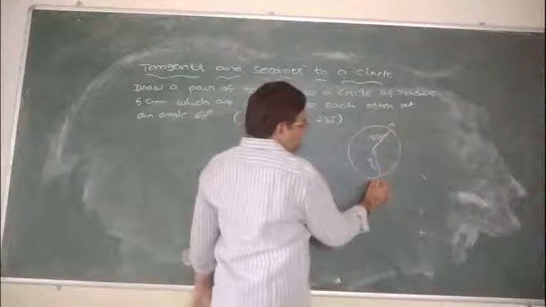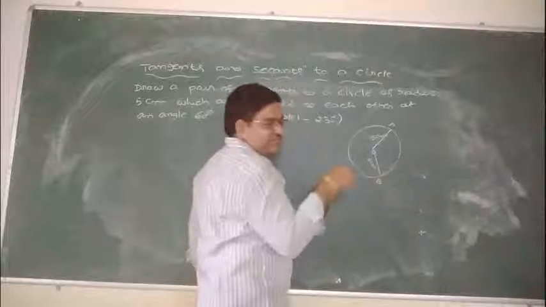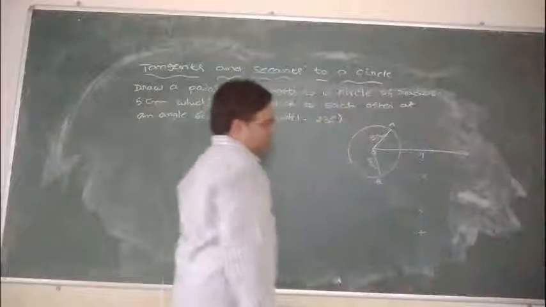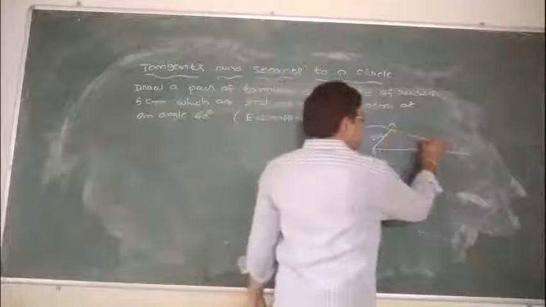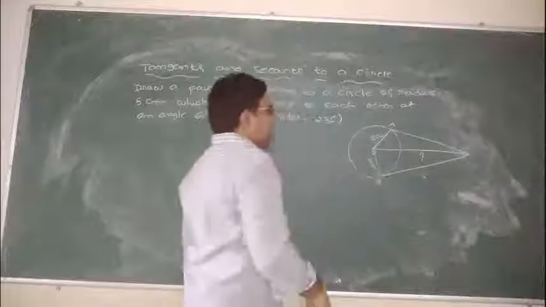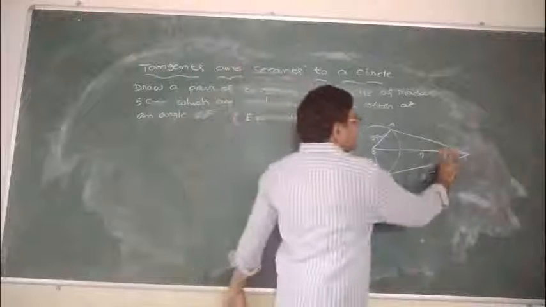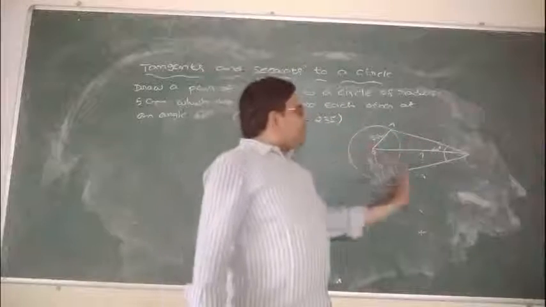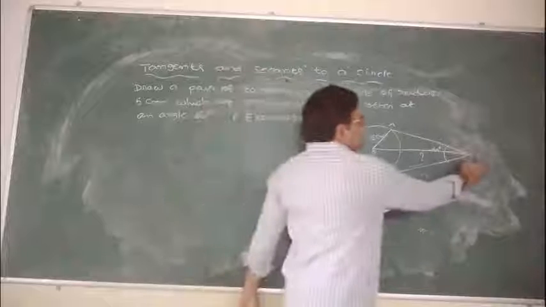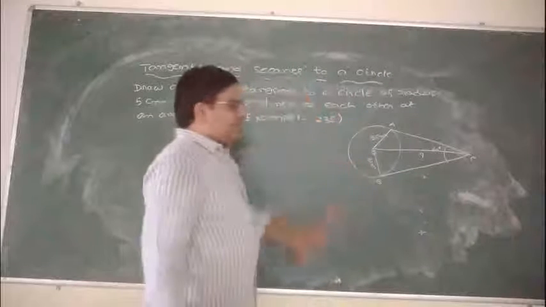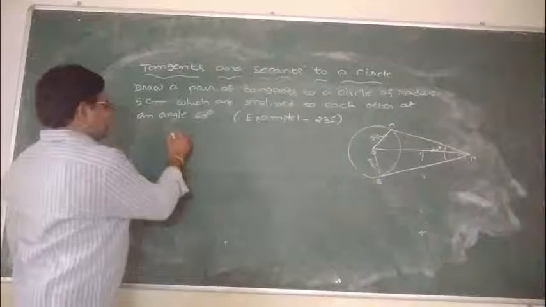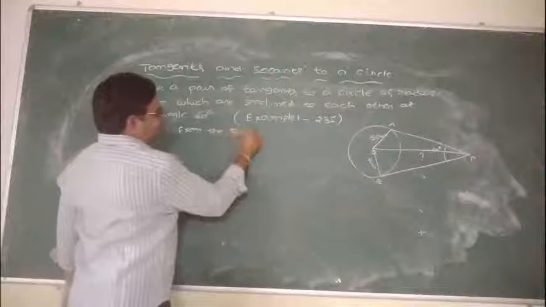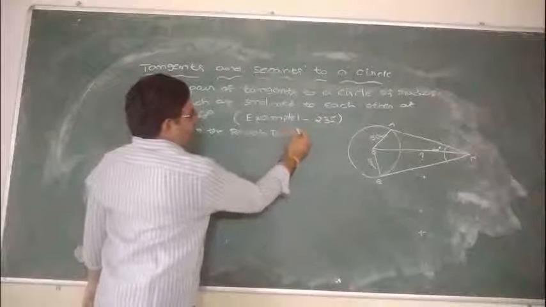We draw a rough diagram. One circle is there, with radius 5 centimeters. A and B are two points on the circumference of the circle. Some distance is there, I don't know this distance, it is the question mark. Then after completion of the construction, the angle that will come is 60 degrees. This is the concept of this question. In that manner you construct the tangents. How to solve this type of question: first take a rough diagram, then from the rough diagram,